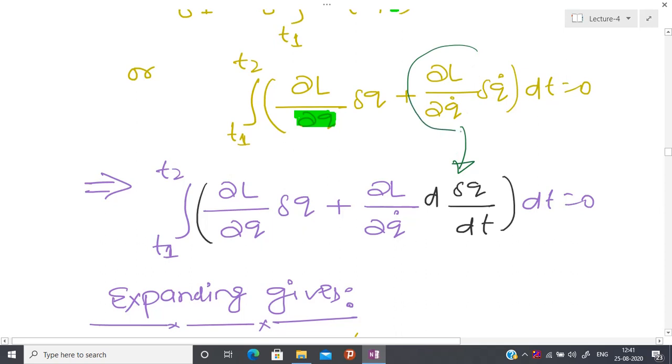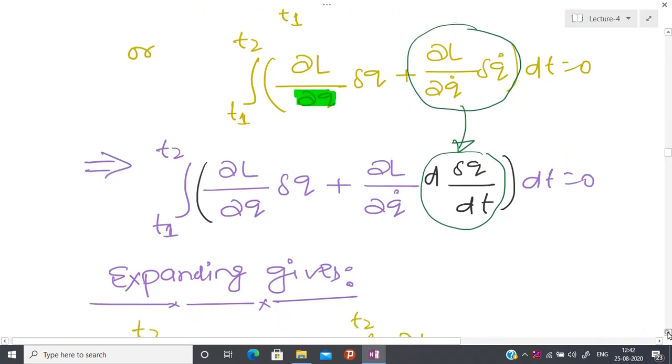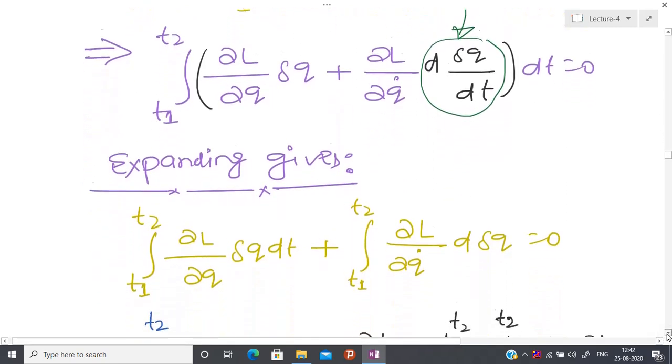So this quantity, because here delta q dot is involved and delta q dot is an explicit function of time, due to that reason I can also write it like this. So here delta q dot means delta q by increment of dq by dt. So I can also replace it like this, and after absorbing this,